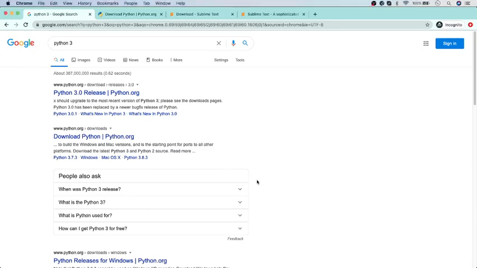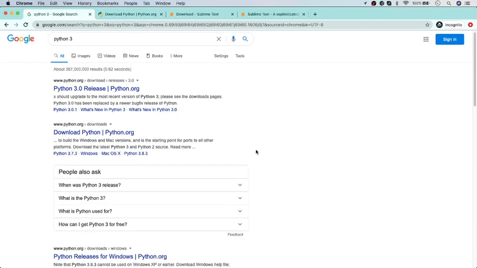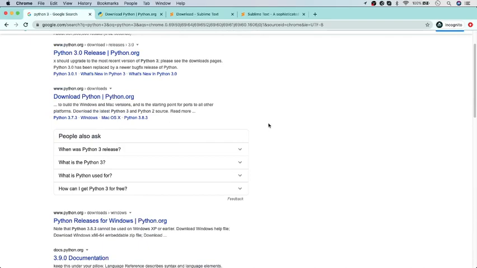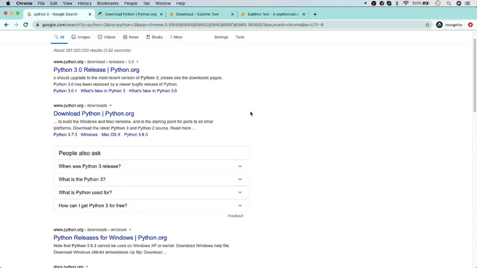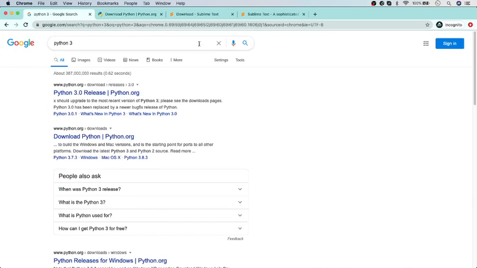What's going on, guys? This is the first part of the series Python 3 for beginners. So Python, as many people know, is just one of many programming languages that people can